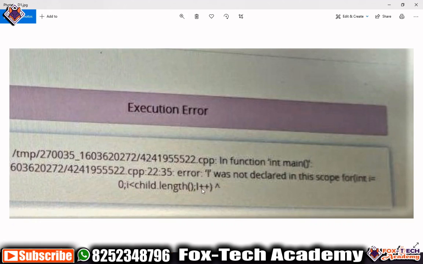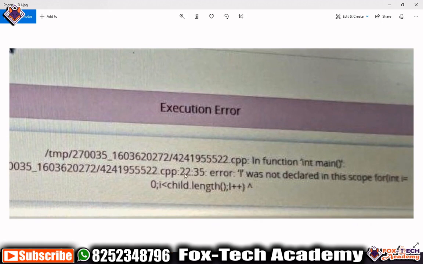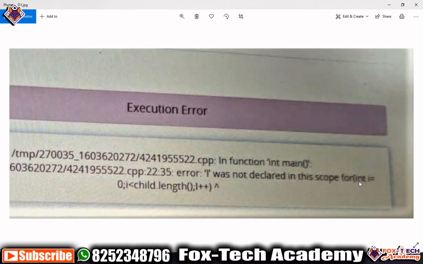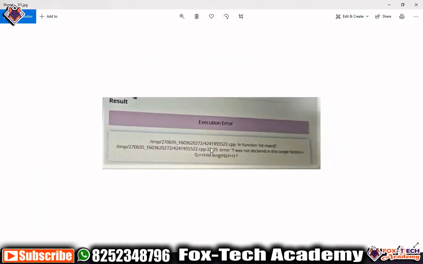That's why it is giving error. So you can easily say where they are giving error, they are giving error in line number, right? The c.cpp is our program, line number 22. So when you go to line number 22, nearby line number 22, you will find that you have used a loop and you have made this mistake, right? So you can easily figure that out.